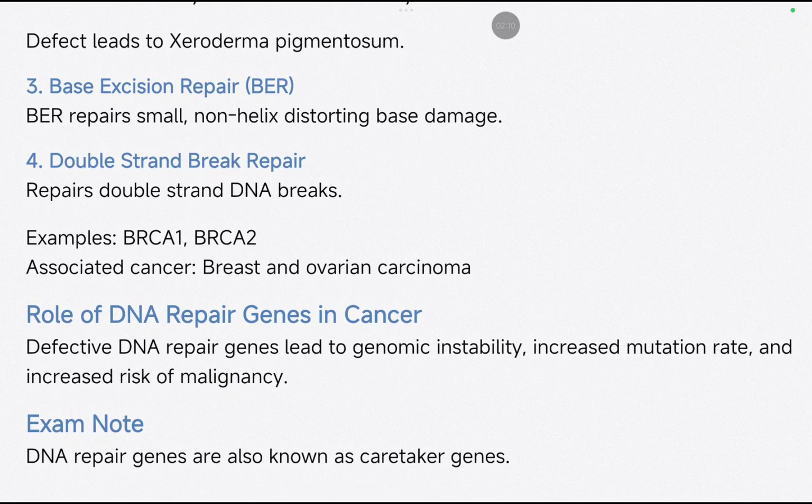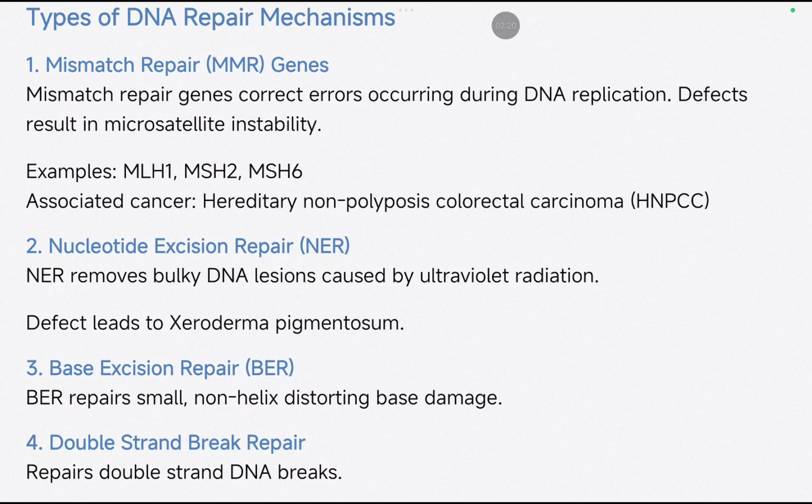One important MCQ which may be asked is: what is the other name of DNA repair genes? They are also known as caretaker genes. This is a slightly difficult topic. At least remember these four headings: mismatch repair genes, nucleotide excision repair, base excision repair, and double strand break repair. Then explain it